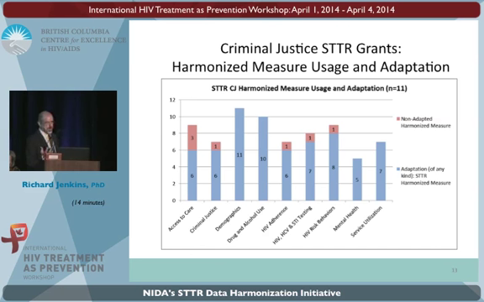People also have done adaptations of measures, and most often these have occurred with the access to care variables. But as you can see, no, actually, most often they've occurred with the demographics and the drug and alcohol use. And I think one of the issues in drug and alcohol use with HIV studies is that there really hasn't been an adaptation or an adoption of a specific gold standard measure.